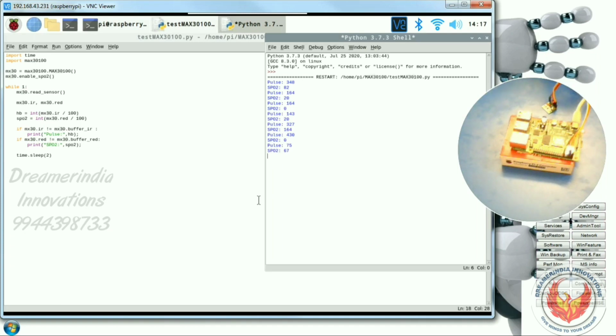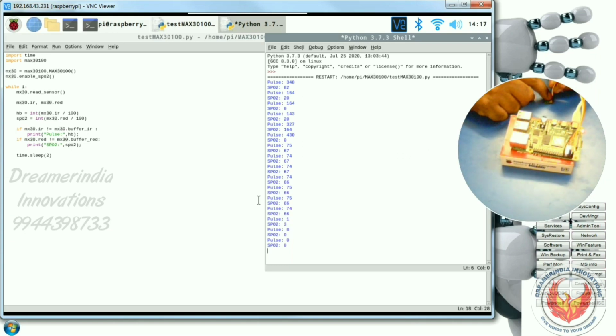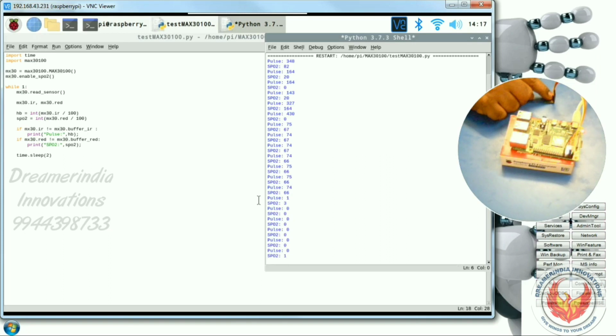Now I'm going to place my finger so that the value will get stabilized. I'm just keeping my finger on the sensor.